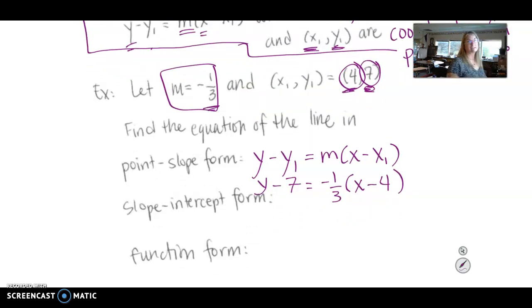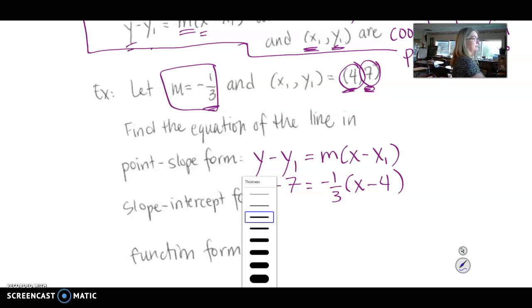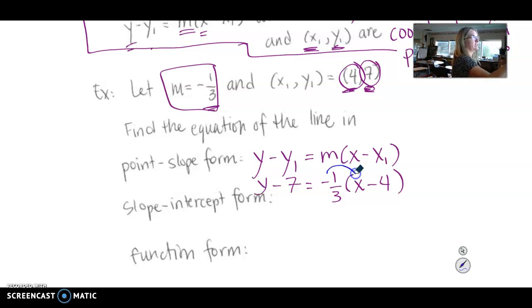Now, to put this in slope-intercept form, what I have right here is a perfectly fine equation of a line, but oftentimes you will have to put it in slope-intercept form. So let's go through how to do that. You're going to want to distribute this negative 1/3 to both of those values. So negative 1/3 times x is negative 1/3 x. A negative times this negative is going to be a positive, and 1/3 times 4,